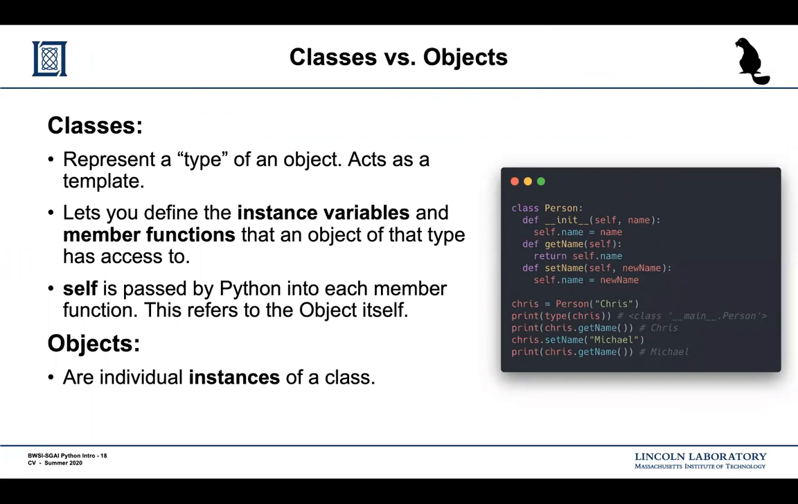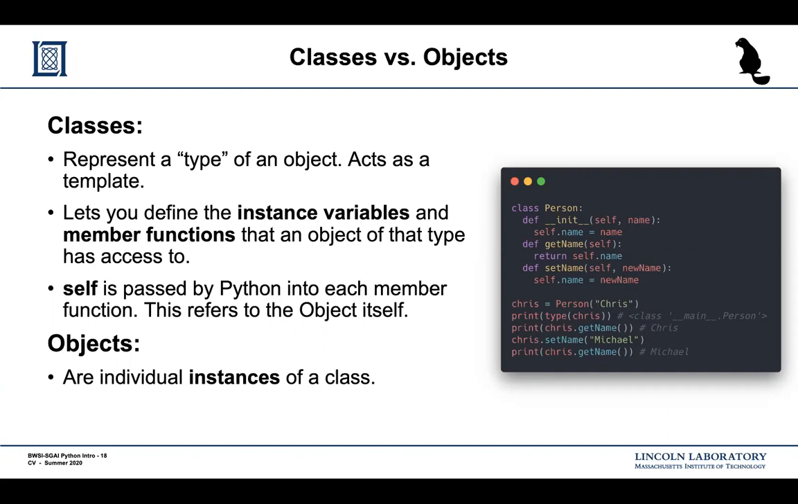So a class is essentially a type, just like an integer is a type, a string is a type, an array is a type. A class is letting you define a new type, and it acts as a template for the objects that you create of that type. It lets you define all the instance variables and the member functions that an object of that type has access to. An instance variable is a variable that's a part of the object, such as person.name, right? And a member function is something like in that example there. Get name and set name are both member functions